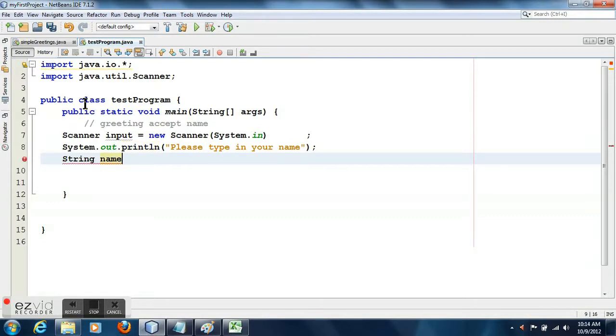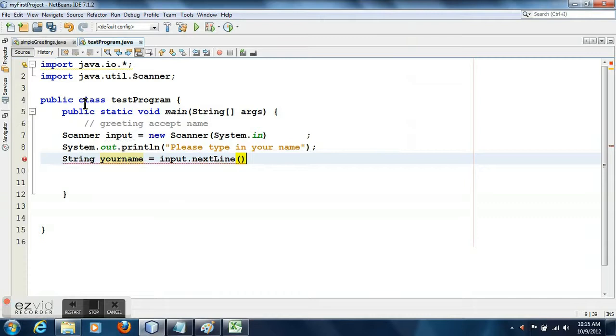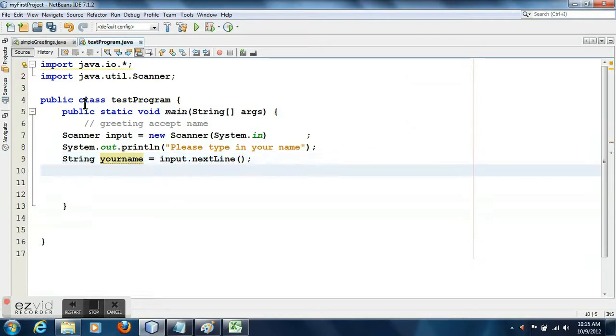I declare it as yourName, and input.nextLine. Remember here it is nextLine because I am accepting the name as a line, so it is like a string. Earlier I accepted as nextInt or nextDouble. Here it is nextLine. And also I declare another string variable called person.